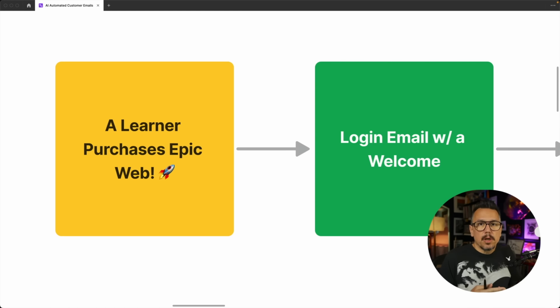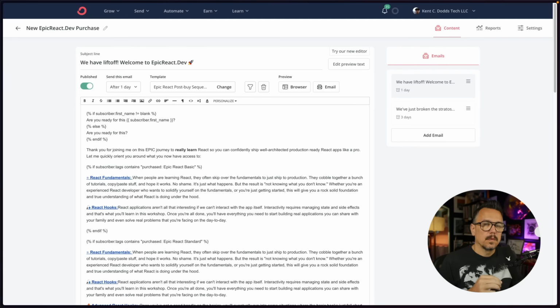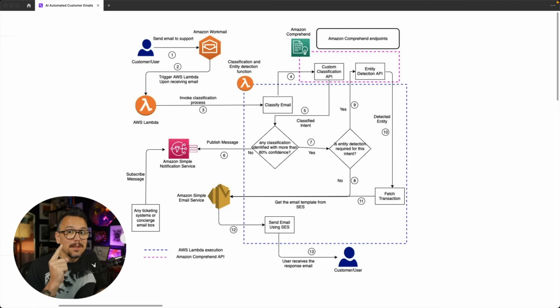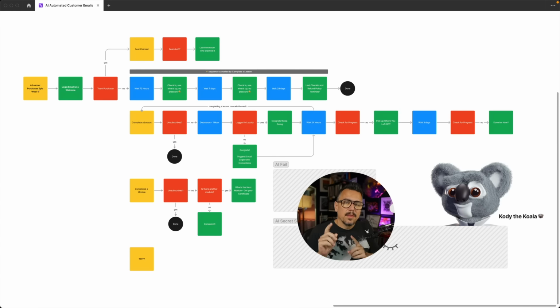Somebody purchases your product, then you send them a login email or a welcome email. That simple situation where you're sending that one email, that one login, or the one email with their receipt can escalate if you want to follow up. If you want to wait a period of time and then send another email. Before you know it, this is your life. This is a reactive, event-driven workflow.